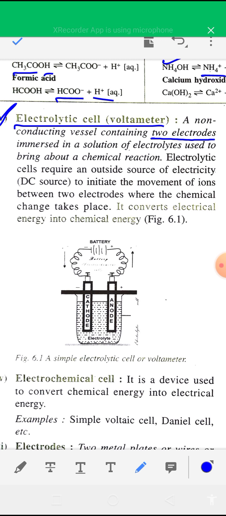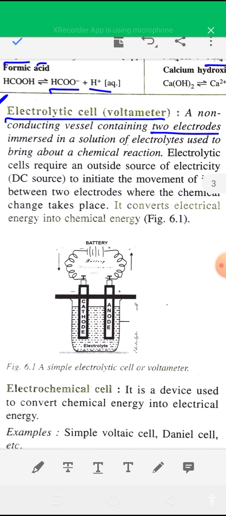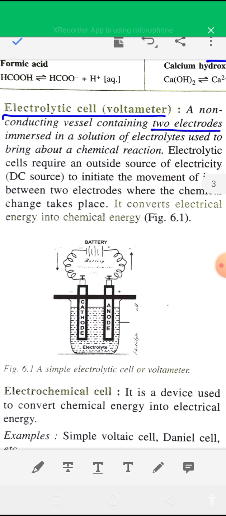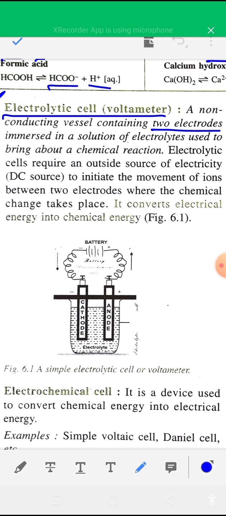One is known as cathode, another is known as anode. And these two electrodes are immersed in a solution of electrolyte. Generally, electrodes are made up of metal conductor. Sometimes non-metallic electrodes are also used in an electrolytic cell or voltameter. These two electrodes, cathode and anode, immersed in a solution of electrolyte, are used to bring about a